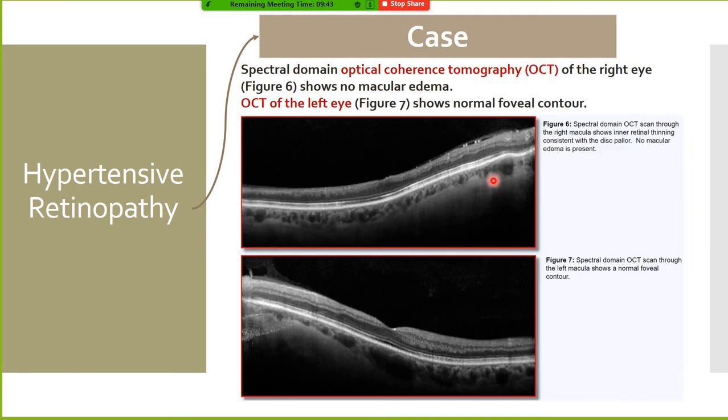On doing an OCT, in both eyes the maculas were normal. At the same time there were some hyperreflective spots, and in the right eye the macula also showed retinal thinning. There is optic disc pallor again. These are the findings we have to consider in the case of an OCT.